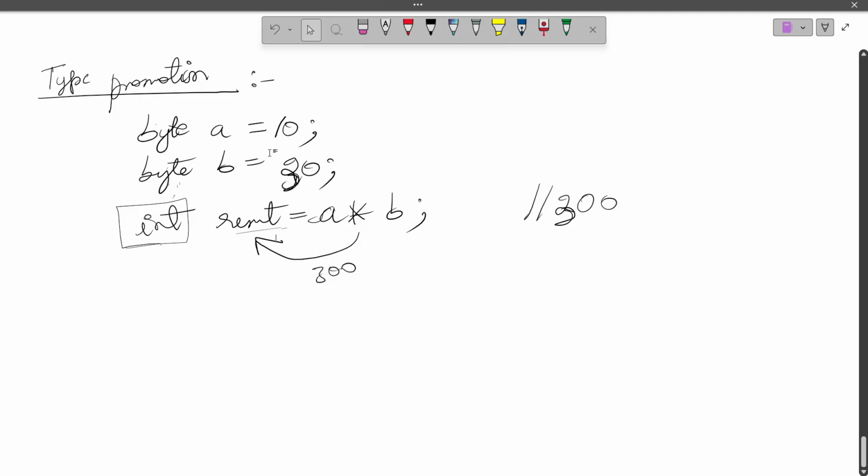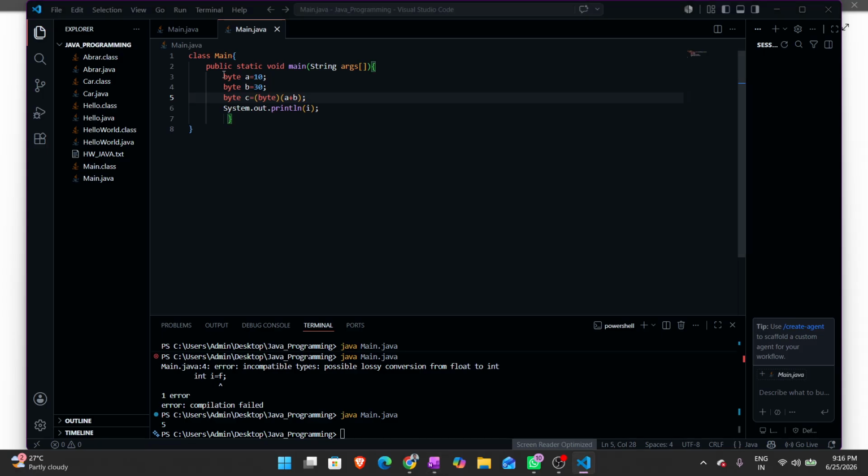Can we still do that here, like in the previous question? Yes, where you have mentioned float. Float a is equal to 2.3f. Then float b is equal to